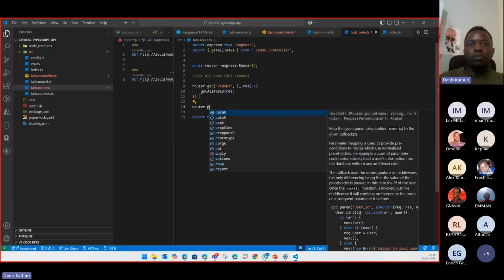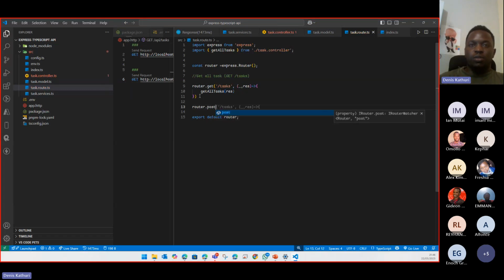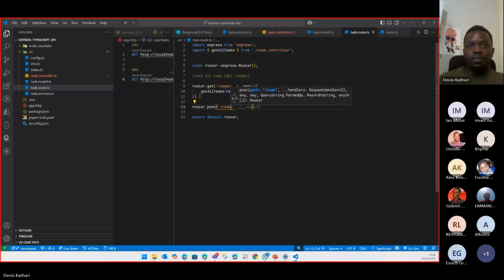So we now use the post. So this post, I want now to be on the same path, which is /tasks, then comma, then our function, our controller to do the adding or creating the task, which is now